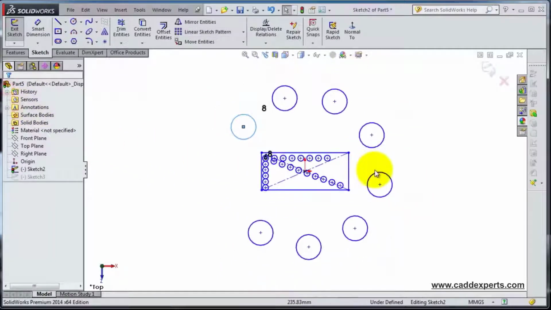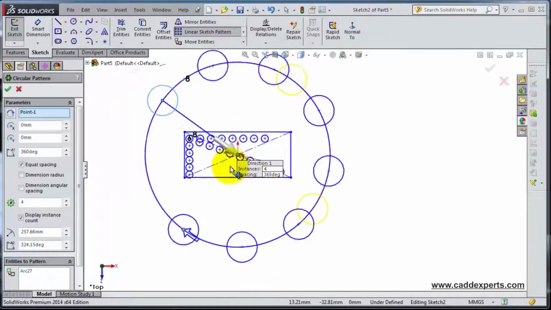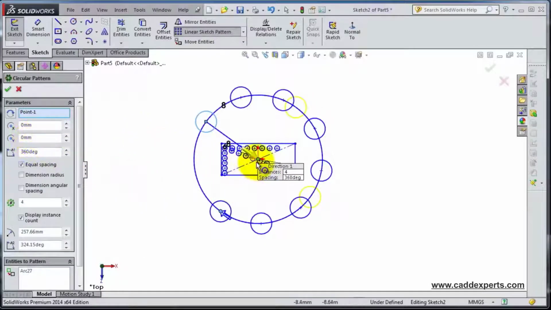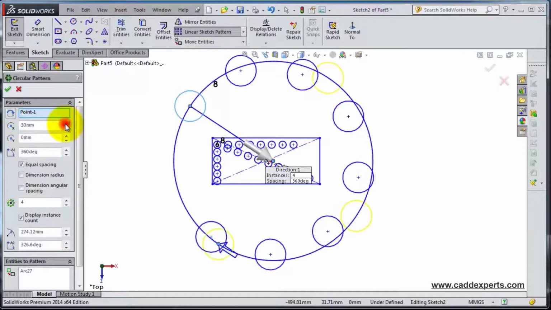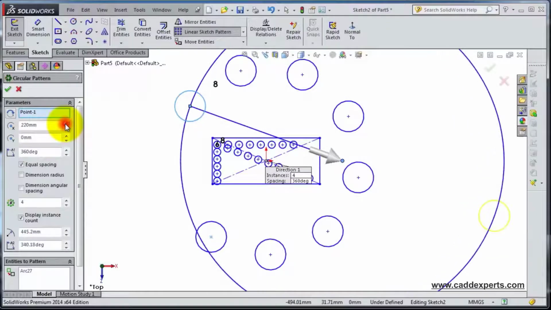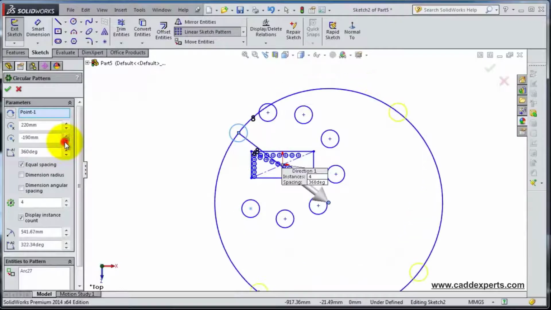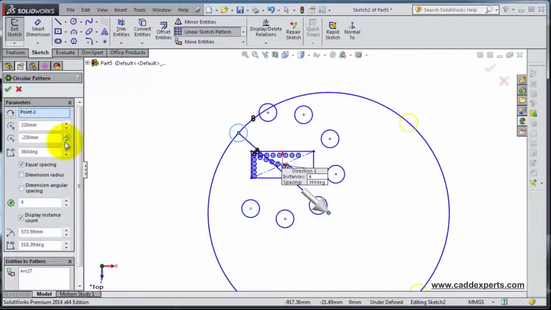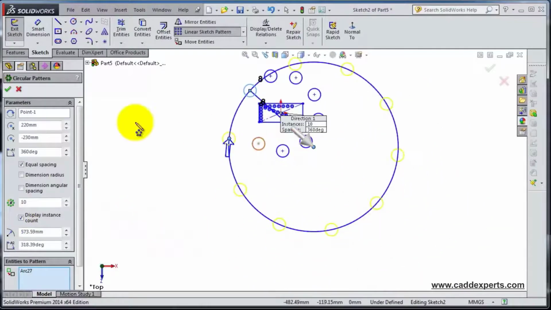And okay, if you want to make a circle pattern not on that center point, just make another circle pattern, and let's change the direction, the place of that center circle. Here you have the coordinates of the new circular pattern circle. Now let's make instances 10. They are done. Okay,